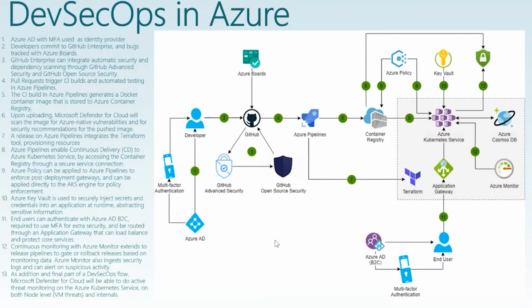So how would we use DevSecOps as an example? How would we use DevSecOps in Azure? So again, we've got a fairly standard Azure DevOps implementation going on here. Developer using GitHub as a code repository, using pipelines to build that code and push that code out to various environments, and